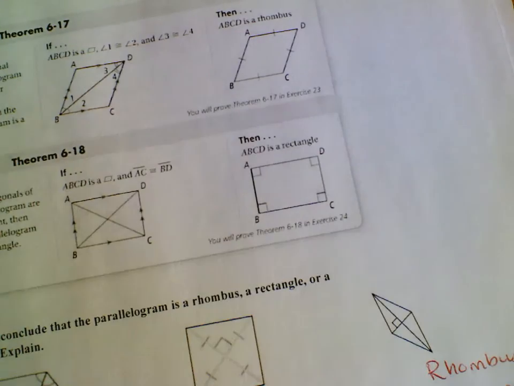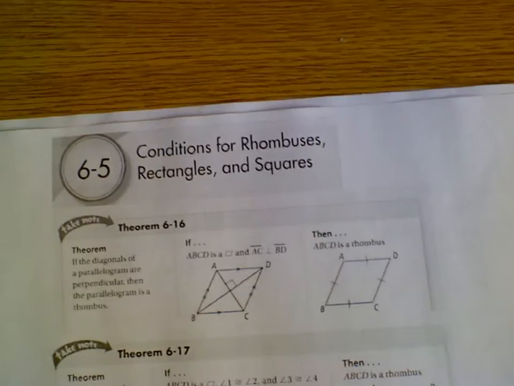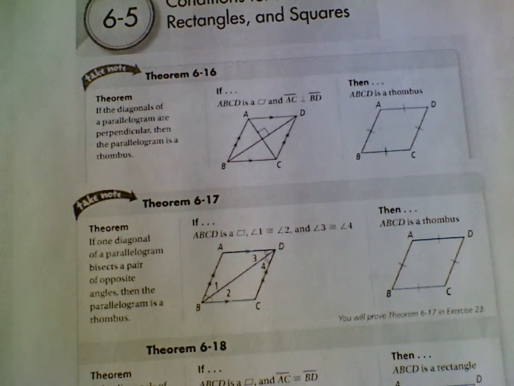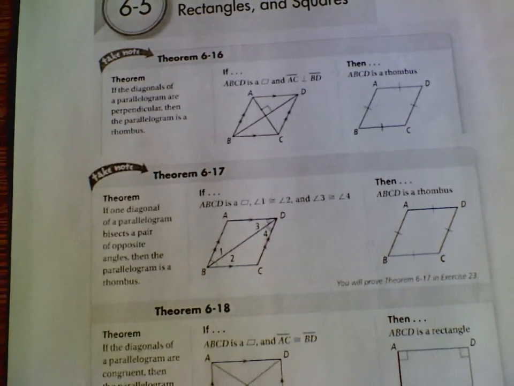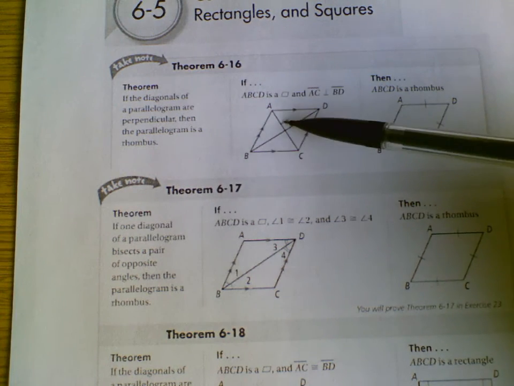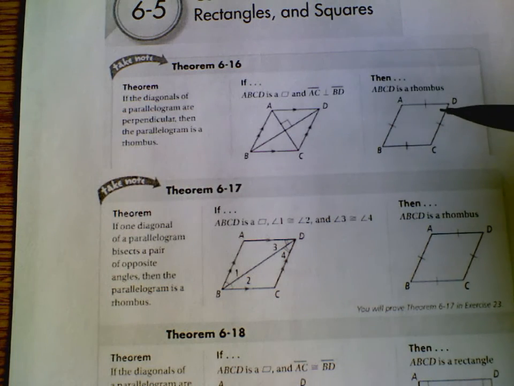Our next section is 6.5, where it again is still talking about rhombuses, rectangles, and squares. So quite a few theorems at the beginning. It says if the diagonals of a parallelogram are perpendicular, then the parallelogram is a rhombus. So if my diagonals form a right angle, I know it's a rhombus, so the converse of what you just